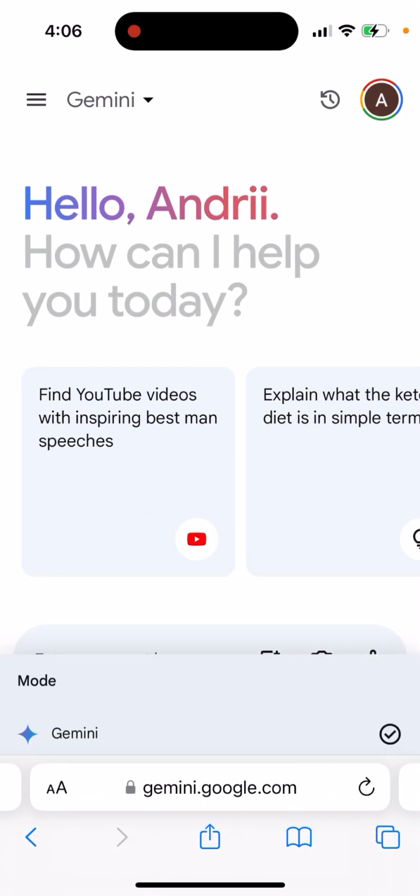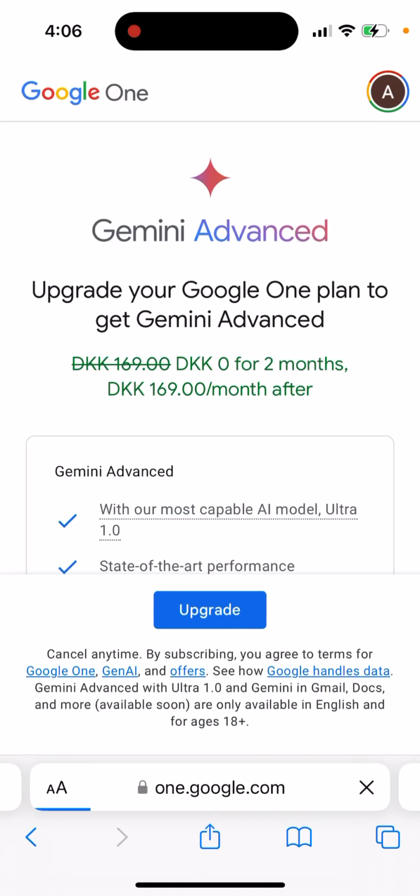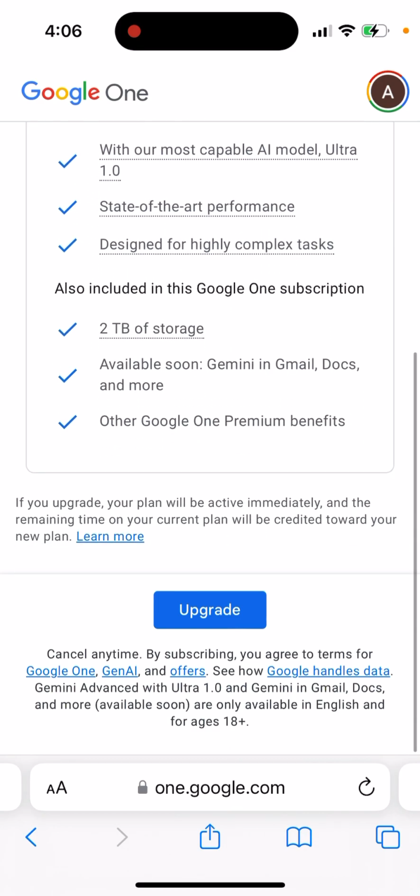So here is the app, and you can see that there are two modes. There is Gemini, and there is Gemini Advanced. To upgrade to Gemini Advanced, you can tap here, and you can see there is a free trial for 2 months, and then the price is dependent on the country you are in. The price can be like 169 Danish krona per month. So it's more than $20, closer to $25, I would say, maybe, per month. But it also includes a Google One subscription, which gives you 2 terabytes of storage,